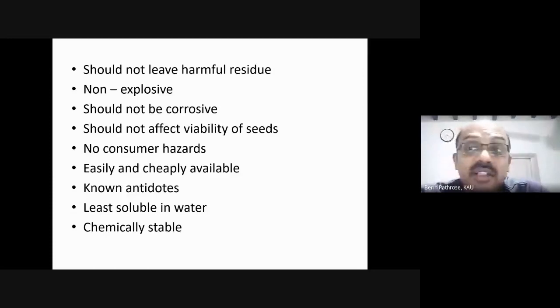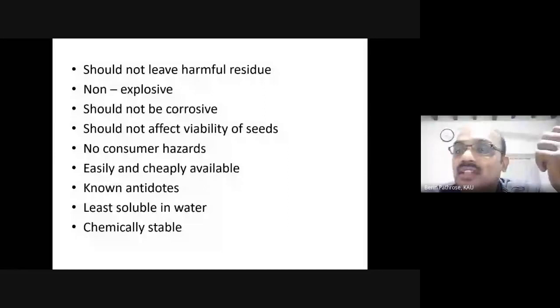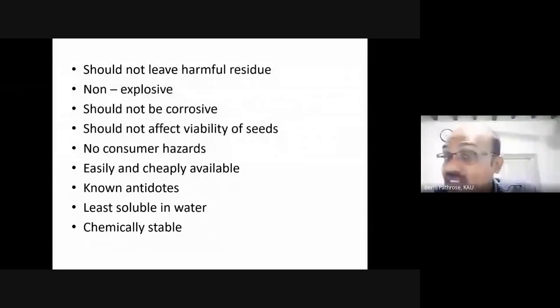That means certain fumigants, though they don't react with any food commodity, may react with the containers. Some fumigants react with aluminum, some react with iron, etc. If one fumigant is reacting with aluminum or iron, then the aluminum and iron start corroding. So if you are constructing a silo with iron, and you fumigate it with a fumigant which is corroding iron, then the silo doesn't last long. So whatever fumigant we use, it should be non-corrosive.